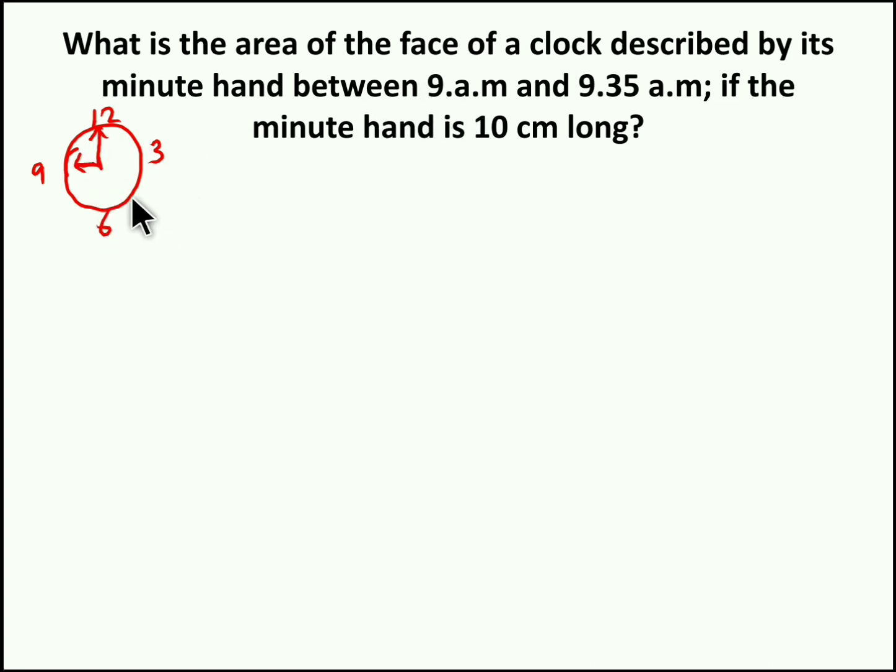So from 9 to 9:35, right? Here the minute needle needs to cover this region, up to 7, so it needs to cover the complete circle. We know the minute needle length is 10 centimeter, which is nothing but the radius. So here we are going to find the sector of the circle. We know the formula to find the sector of the circle is pi r square theta